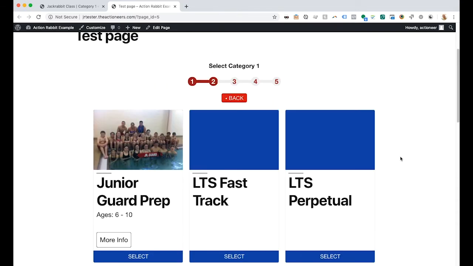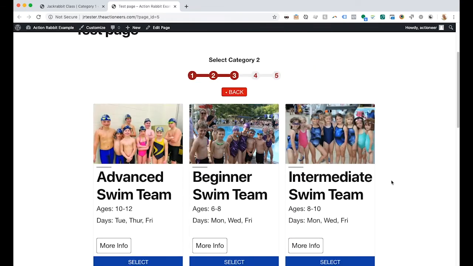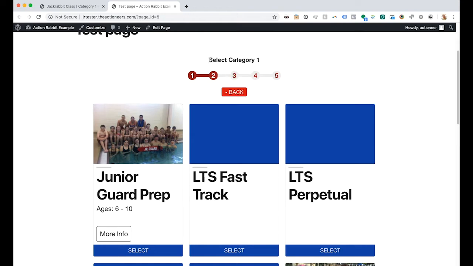To keep proceeding through the class filter, let's go ahead and click on Swim Team here, and it brings us over to this next step, and it shows us the different levels of Swim Team. Now, see how this says Select Category 2? Go back here, it says Select Category 1. This is more for configuration purposes. You probably don't want to show users select category 1, so we can change this